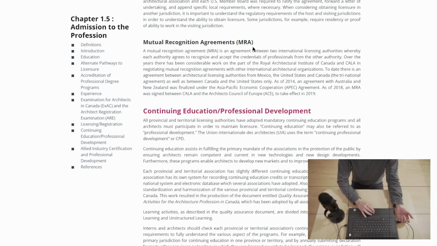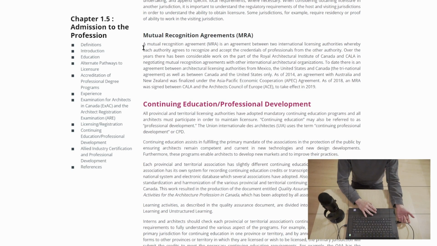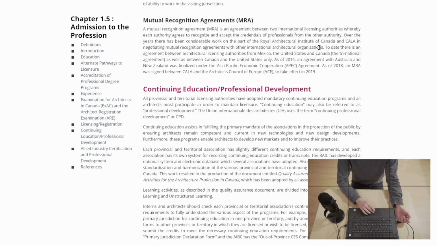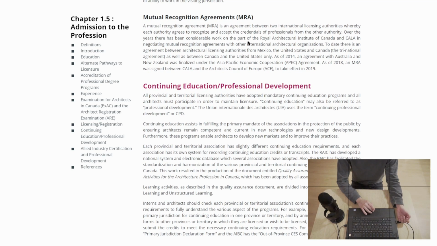The Mutual Recognition Agreement, MRA. A Mutual Recognition Agreement is an agreement between two international licensing authorities whereby each authority agrees to recognize and accept the credentials of professionals from another authority. Over the years, there has been considerable work on the part of the Royal Architectural Institute of Canada and CALA in negotiating mutual recognition agreements with other international architectural organizations. To date, there is an agreement between architectural licensing authorities from Mexico, the United States, and Canada, the Tri-National Agreement, as well as between Canada and the